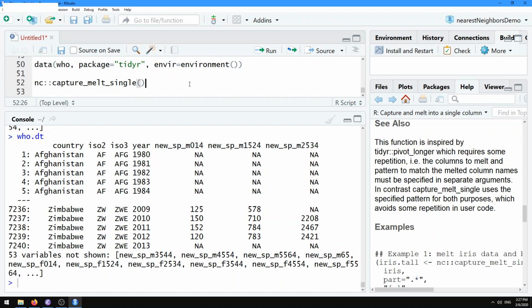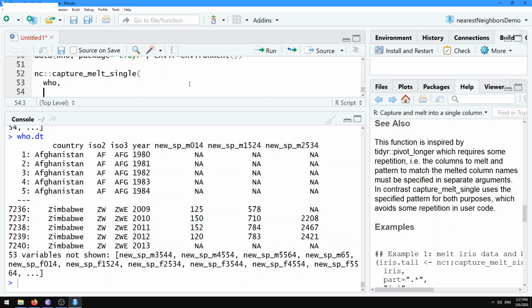So let's see if we can do that. To use capture melt single for that purpose, what we do is we provide the data set as input, and then all the rest of the arguments are going to be a regular expression that is going to match the different column names that we want to melt or reshape. So that's going to be pretty easy. What we're going to do is we're going to use new,